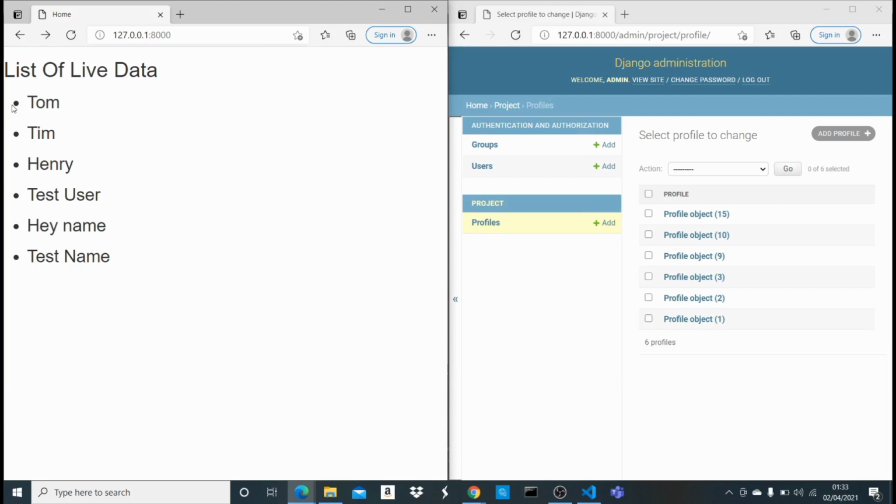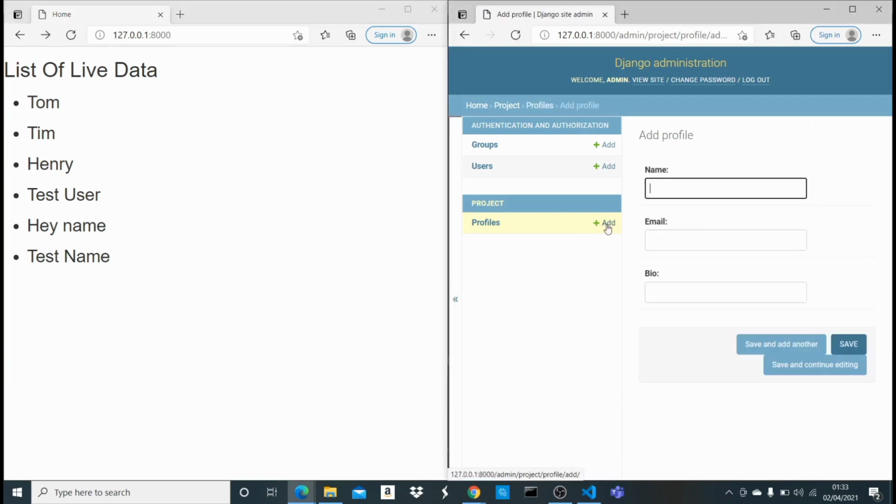You can see I have a list of this data right here, these names, and this is connected to this model. Right here you can see we have 1 2 3 4 5 6, 1 2 3 4 5 6. Now if I add a new profile and I just say